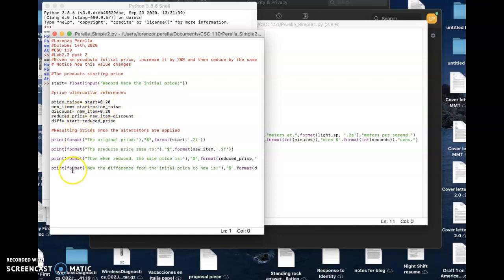we have these parts. You first print, and the format is the original price, $, format, start, 0.2f, which shows that there will be 2 zeros after the dot, which is the same thing as what you get with money. And this format is followed throughout the whole piece. Once we run it,